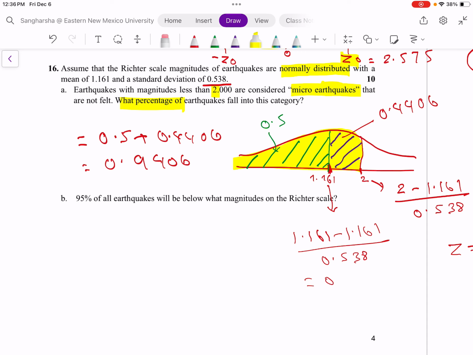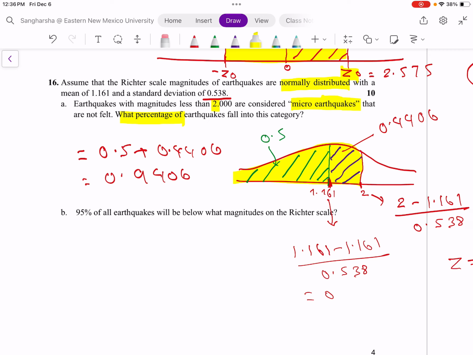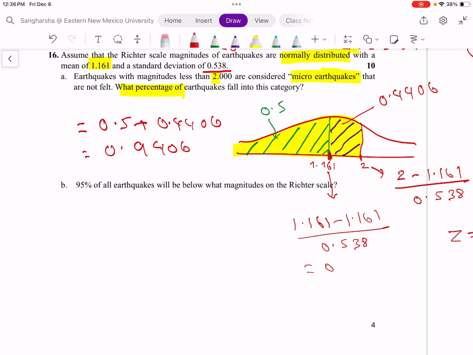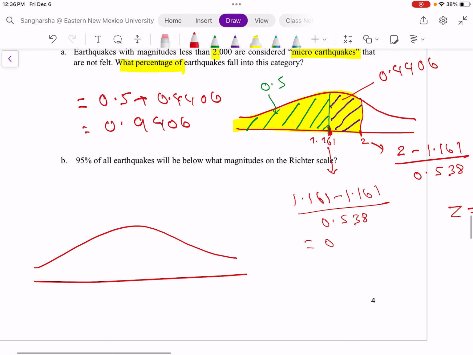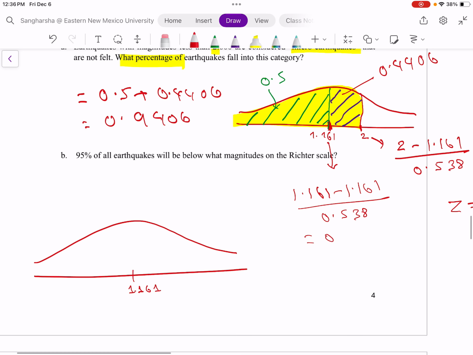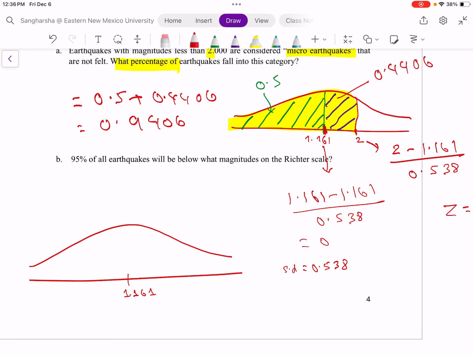Now here, we have a normally distributed distribution. The mean is given, so let me draw this one. Normally distributed means we start by drawing a bell-shaped curve. The mean of this distribution is 1.161, and the standard deviation is 0.538. This is given to us, and the question is: 95% of all earthquakes will be below what magnitude on